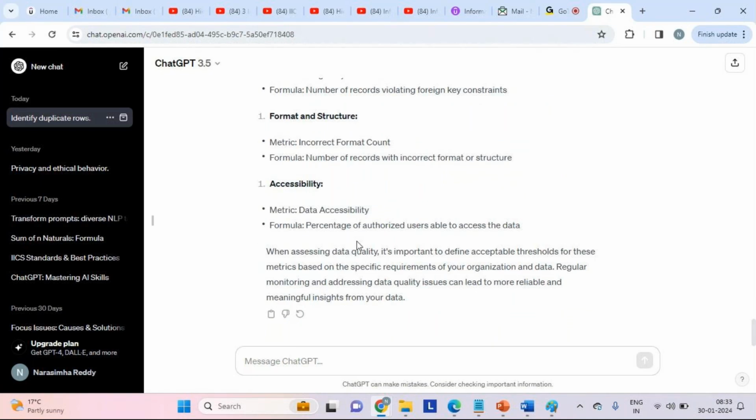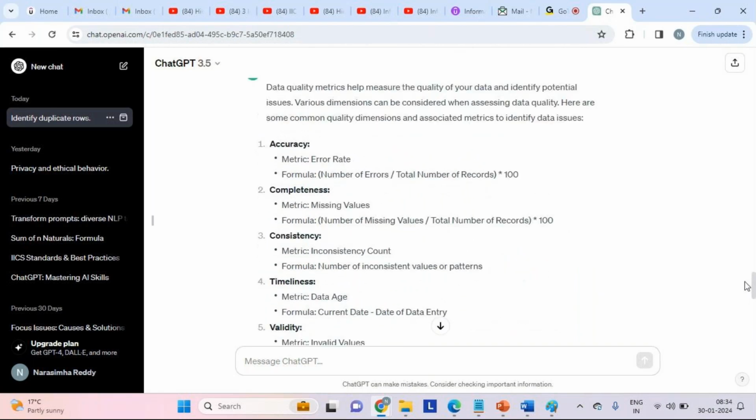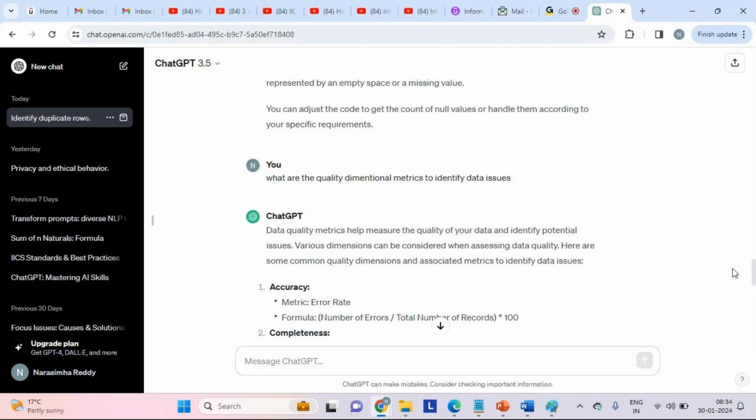So if you try to put the right question, then you could expect the right answer. Because the prompt is going to play a key role when it comes to AI modeling. There's a bunch of data which is kept on the internet.